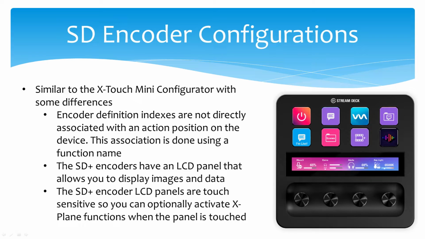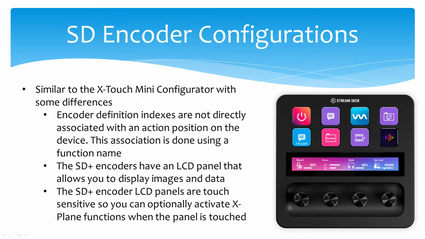On the encoder configurations, let's talk a little bit about how these differ from what you could do, say, on the X-Touch Mini. Similar situation. On the X-Touch Mini, the definitions are hardwired to that particular encoder. So in other words, encoder 0 maps to a physical encoder 0 on the X-Touch Mini. Encoder 1 physically maps to that. Here, because you have all these pages and folders,